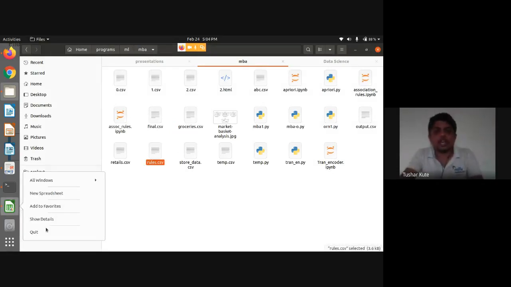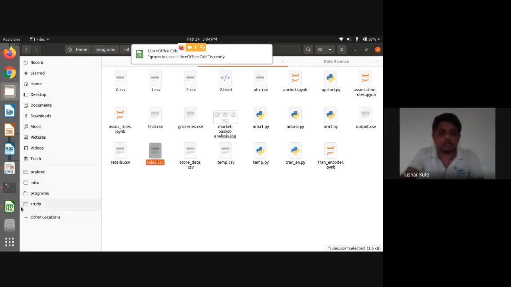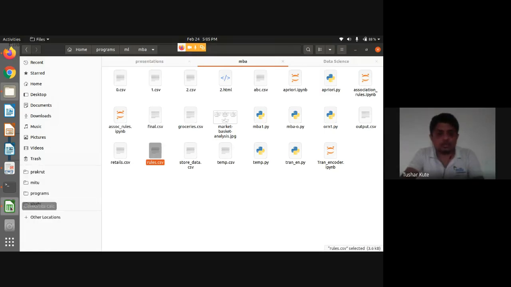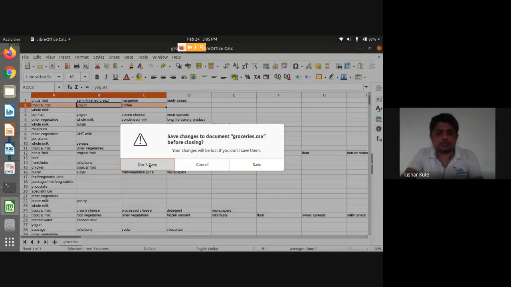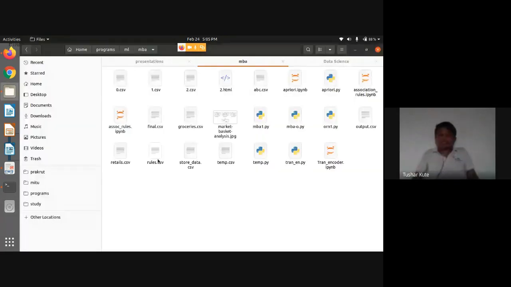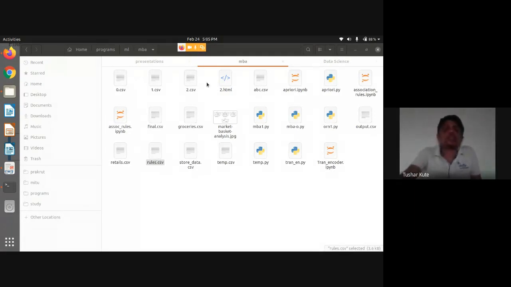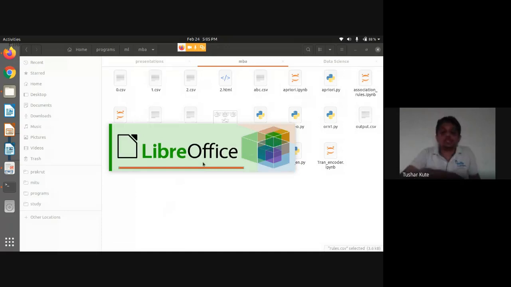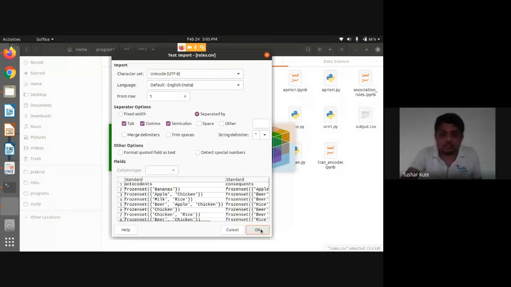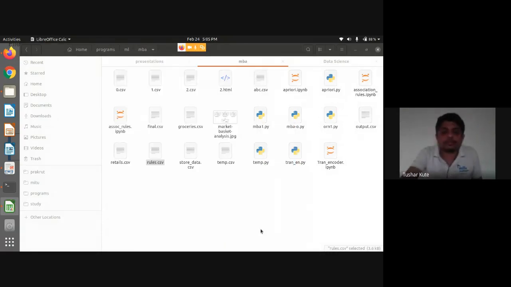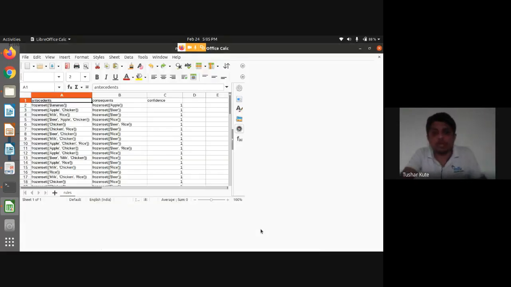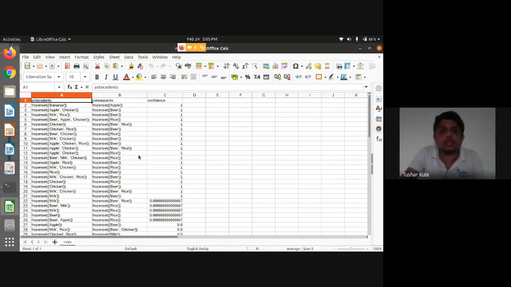I'll just close this original file first. And the rules that I have formulated, they are stored in the frozen set format, I think. Wait a minute. So using the CSV method, it's in frozen set format. Check this. Unmodifiable set that we call.